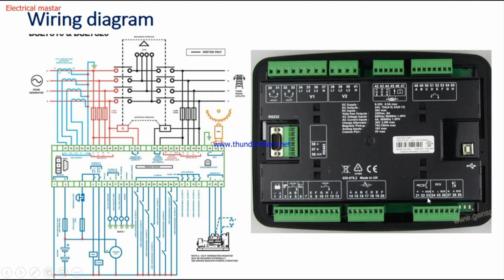And terminals 21, 22, 23 are for the RPM. It is a speed sensor. The speed sensor has 3 wires: plus, minus, and SCR. We can connect it here this way. And this is the ECU, the electronic control speed governor system. If we are using an electronic speed governor, we can connect the electronic speed governor wiring, SCR, and so on, to this terminal. For a normal generator, we mostly use the magnetic pickup sensor, that is the RPM sensor. We can connect it here. We can use either of the two. And the terminal,